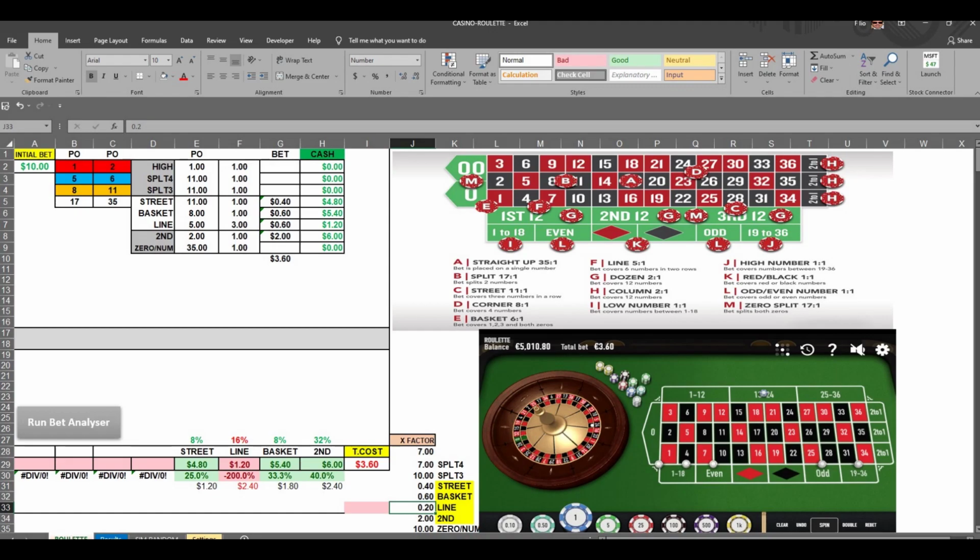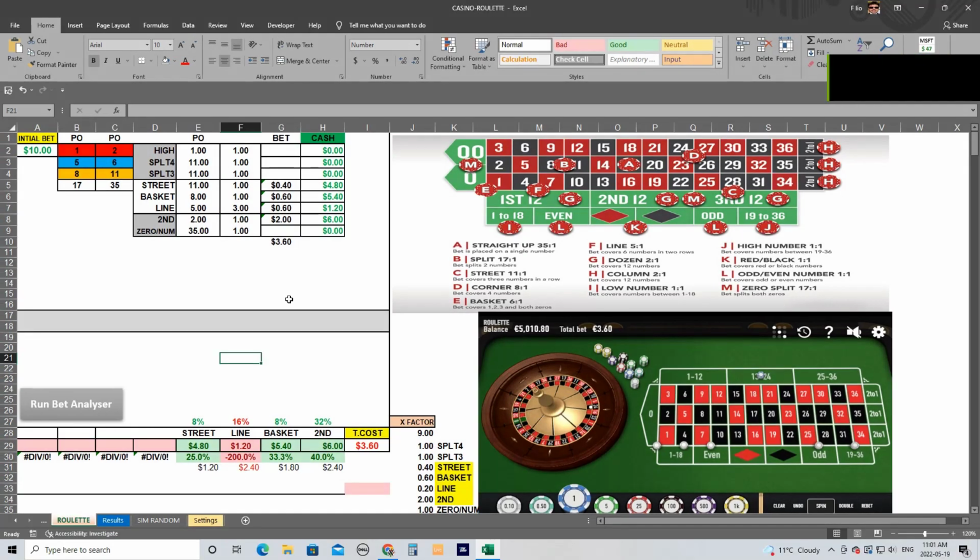Hi, what you see here is an Excel macro file that I created to play the casino roulette. Its main function is to find the best betting option to place on your specific bet size. And in this case here, what I've found works best is by placing